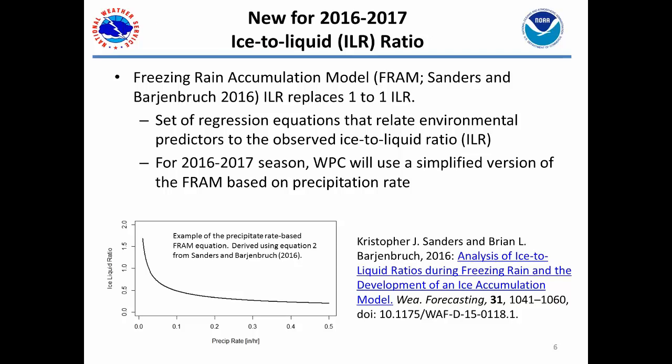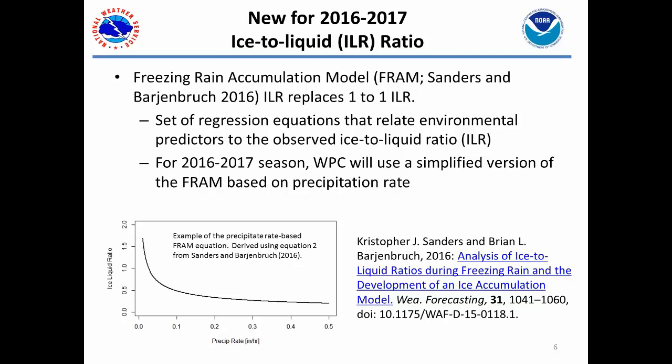New for this upcoming season, we're including a dynamic ice-to-liquid ratio, or ILR, in our computations. And this ice-liquid ratio is based on the freezing rain accumulation model, or FRAM, developed by Chris Sanders and Brian Vargenbruch. And this will replace the static ice-liquid ratio we've used in past seasons. At a high level, the FRAM is a set of regression equations that relate environmental predictors to the expected ice-liquid ratio. However, for this upcoming season, we're just going to use a simplified version of the FRAM which only keys